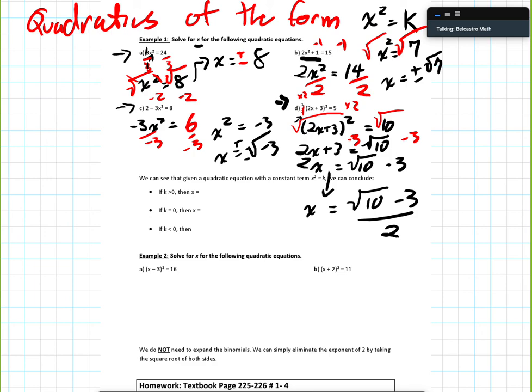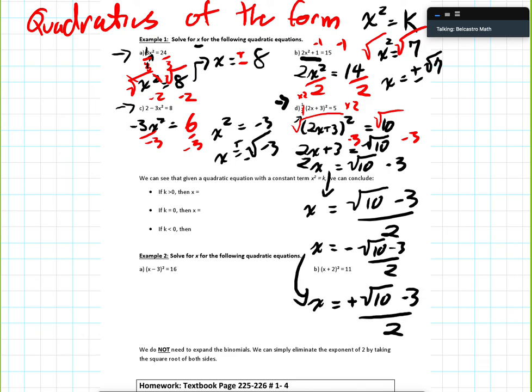And technically, you would say there's 2 answers here. We could say x is equal to negative root 10 minus 3 over 2, and x is equal to positive root 10 minus 3 over 2. And that's where you get that dual answer, where you get your multiple roots when you're solving something. Okay, so